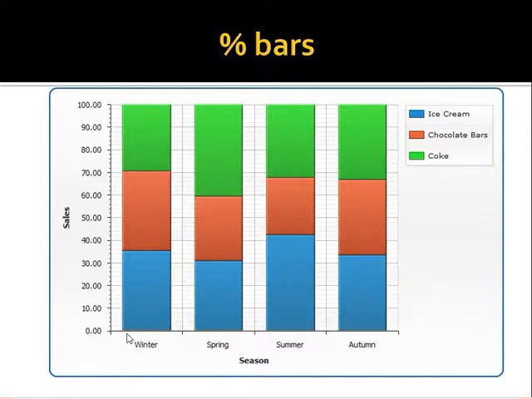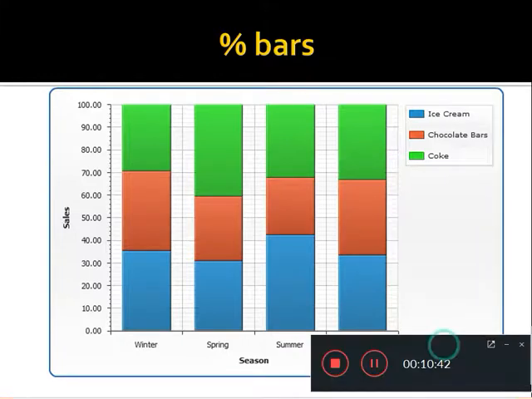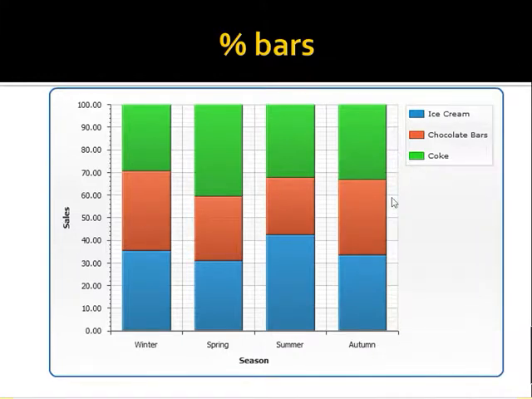So, the total percentage is represented. You can see every bar is of height 100. So, it has been converted into 100. The total value is converted to 100 and the percentage is taken. And you can now have a comparison. You take the case of Coke. There is a higher percentage of Coke sale in spring season compared to the other seasons of the year. There is a higher percentage of sale of ice cream in summer compared to other seasons of the year.